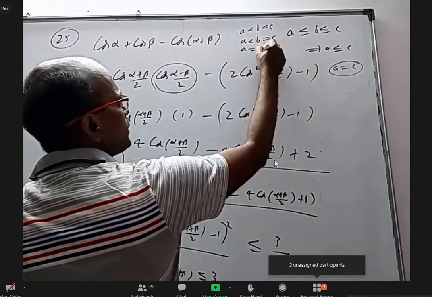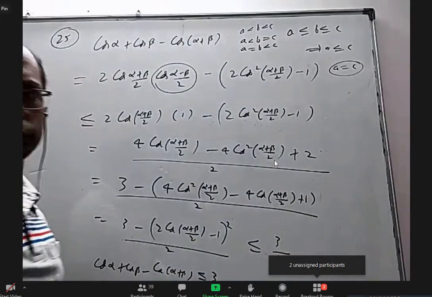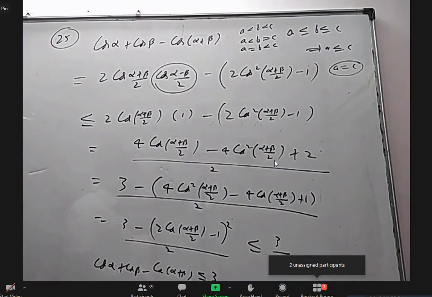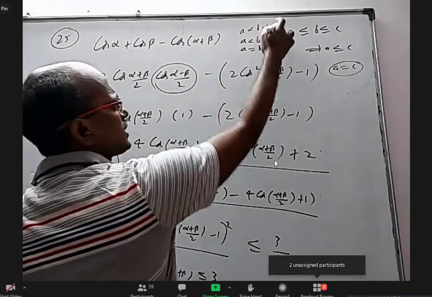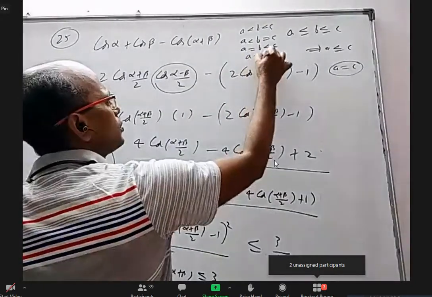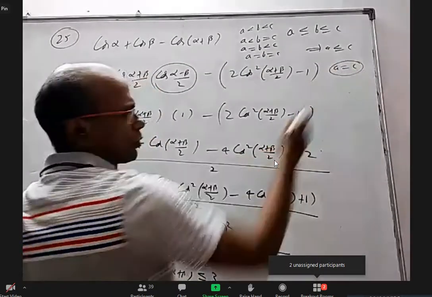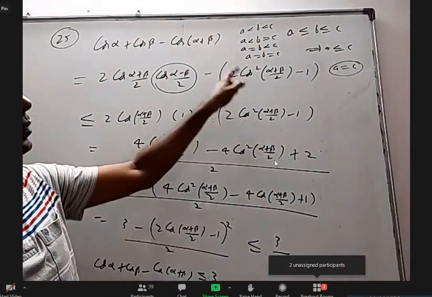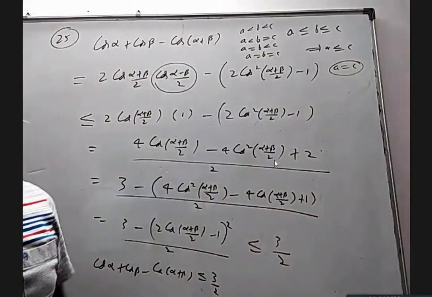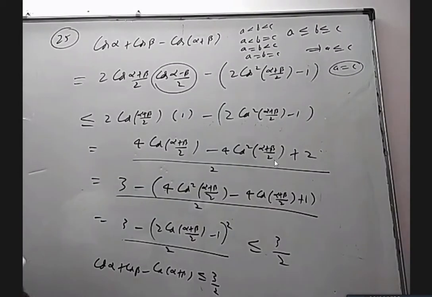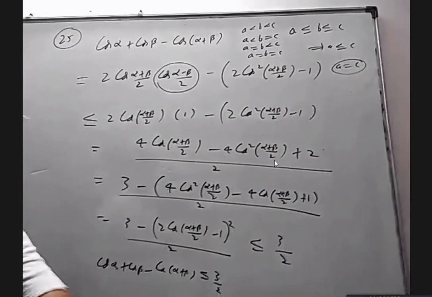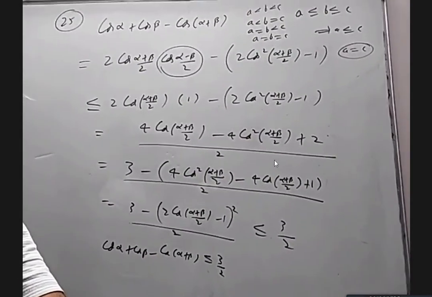If A equals B and B is less than C, then can I say A equals C? No, sir. Even then A is less than C. In all these cases, A is less than C. So if you want A to be equal to C, A should be equal to B and B should be equal to C, then only A can be equal to C, right? Yes, sir. So not only is this less than or equal to 3 by 2, I can also tell when that equality will happen.